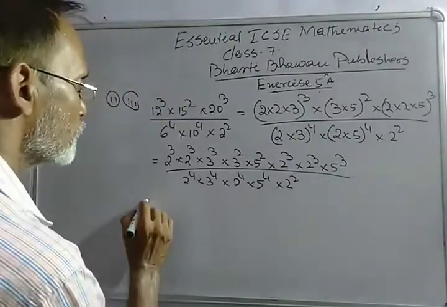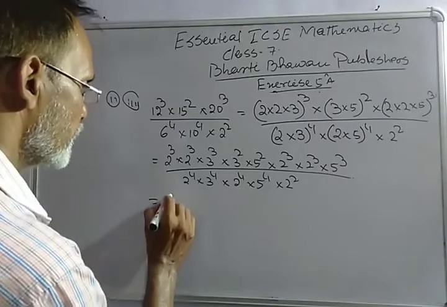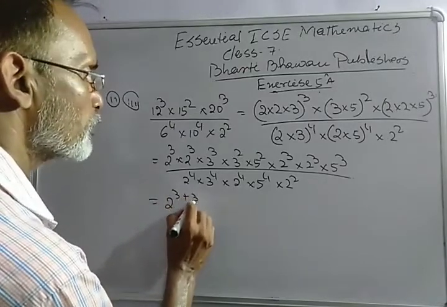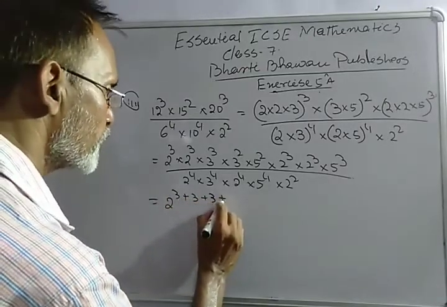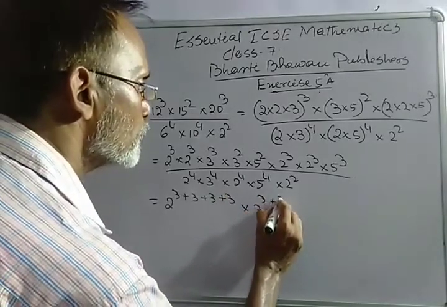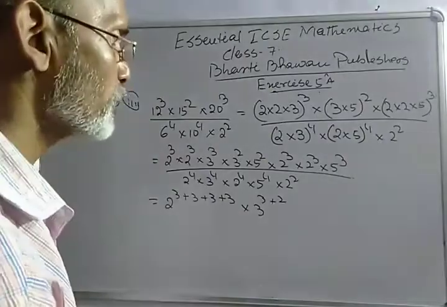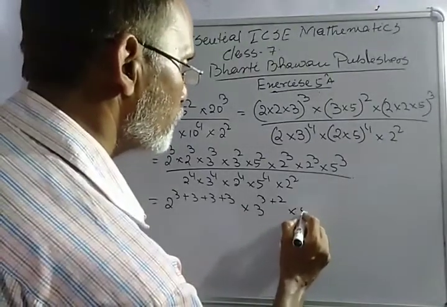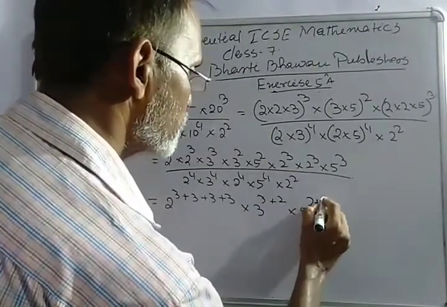So this is equal to 2 to the power 3 plus 3 plus 3 plus 3 into 3 to the power 3 plus 2 and then 5 to the power 2 plus 3